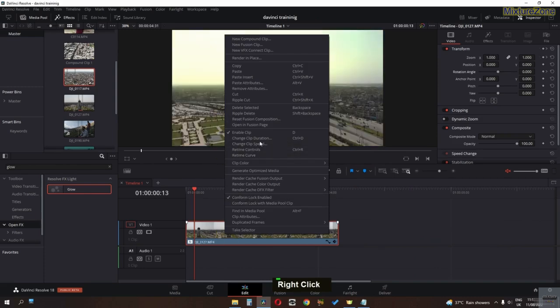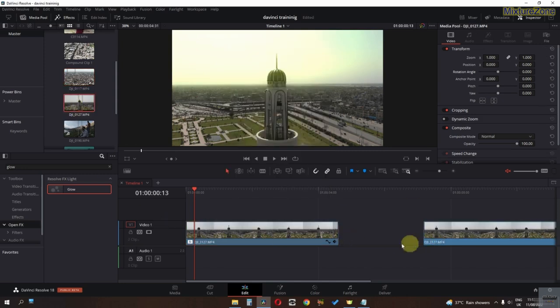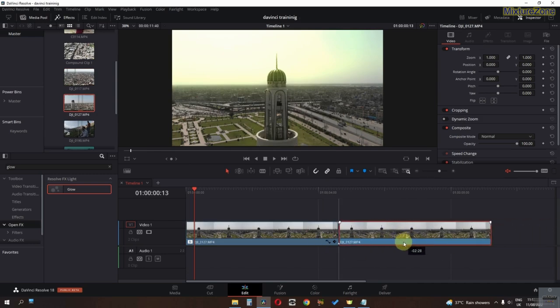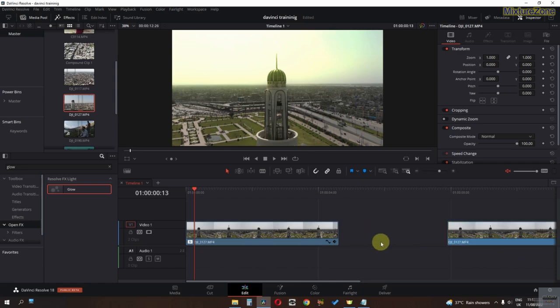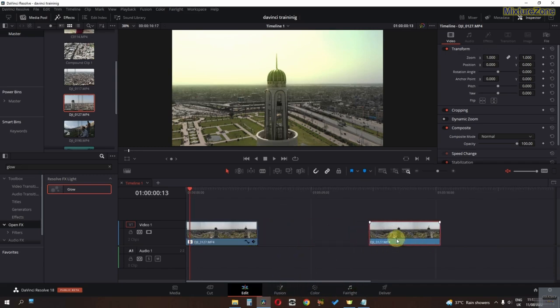And now the next useful option is delete selected, which is the backspace shortcut key. For example, I have this ripple. You don't need to select a clip and attach it to this clip. All you have to do is select the gap and press backspace, and it will delete the ripple that you selected. Now we have another option which is the delete key, but you need to worry about one thing: if you press the delete key, the clip will be deleted but the ripple will also be deleted.